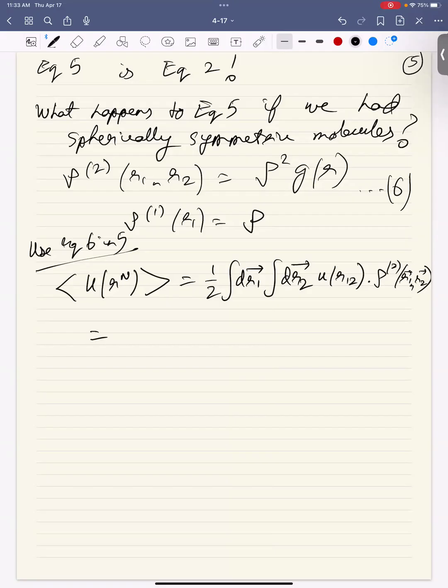You can do one more thing. You can make this one go over all R1, and instead of thinking about this going over R2, we think of the difference from here to here, right? So you look at R1 and you look at R2 minus R1. It's the same thing. So we will have half dr1, and now we will talk about